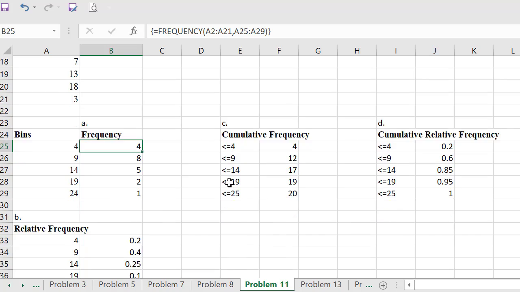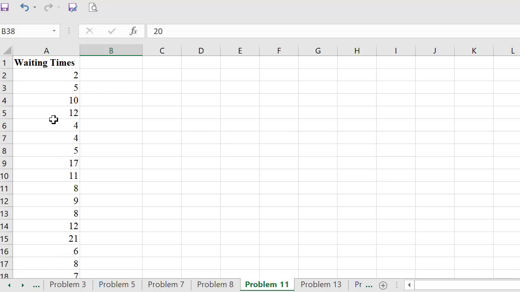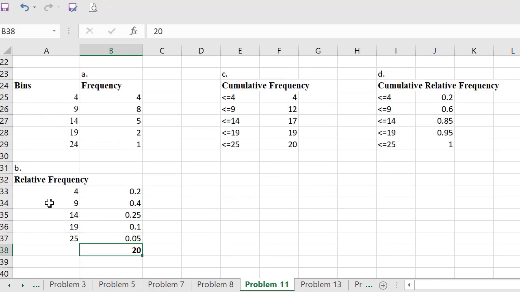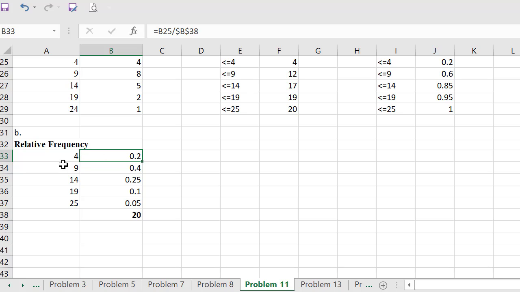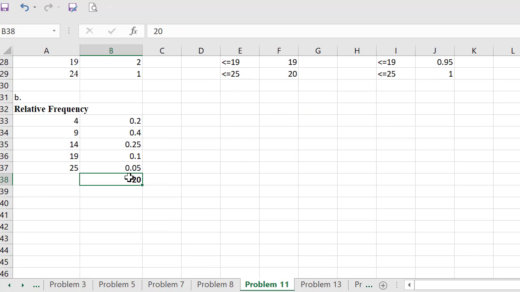Then you needed to do the relative frequency, and so you do that by thinking about what your total number is that you've got here. Now this total is 20. It would have been easier if you used a function called COUNT and just counted how many this was. And so that's 20 observations here, and then you get your percentage. And so the percentage would be this value, and this person used this value right here, divided by this value. So then you need to get these values in percentages,